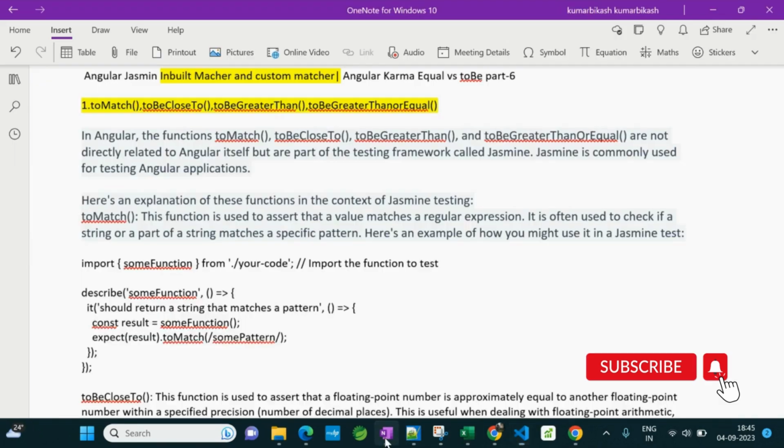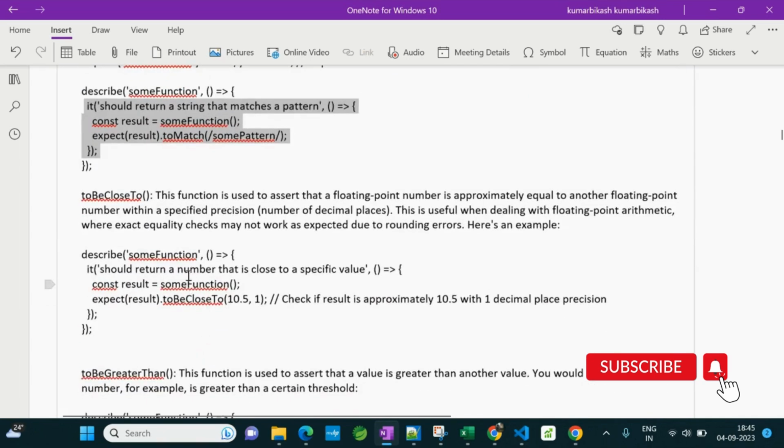And if we go to some other functions, like toBeCloseTo, basically with toBeCloseTo we check if the value is approximately 10.5, with decimal place precision. In the decimal precision we have one. So here we are comparing whether it's correct or not. Basically toBeCloseTo is used for decimal approximation. For that purpose we use toBeCloseTo. And